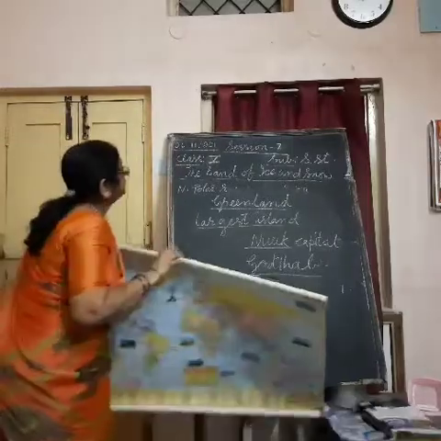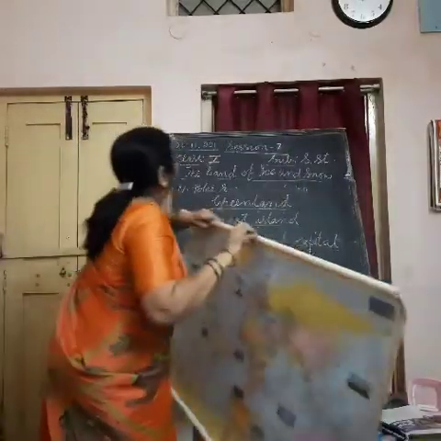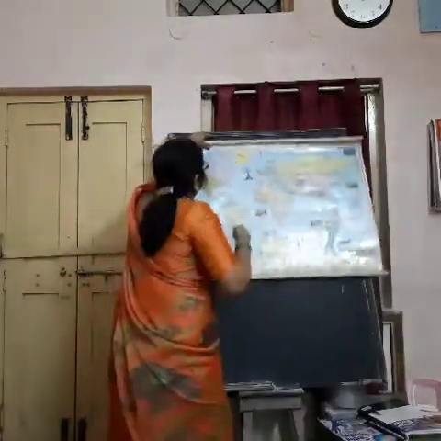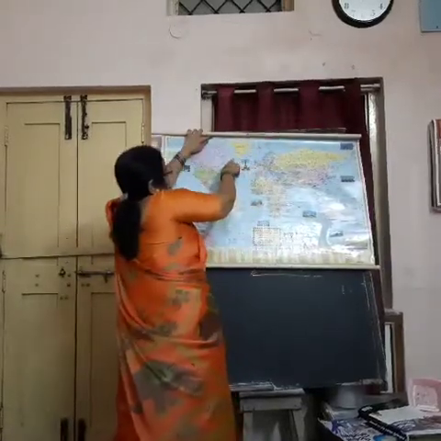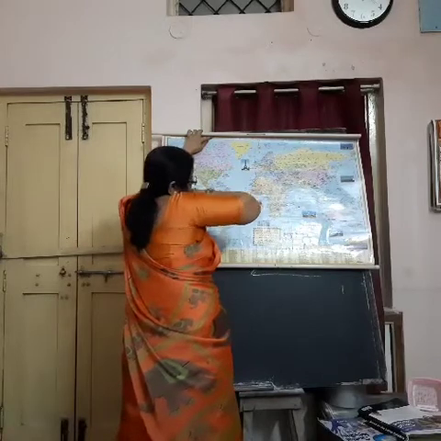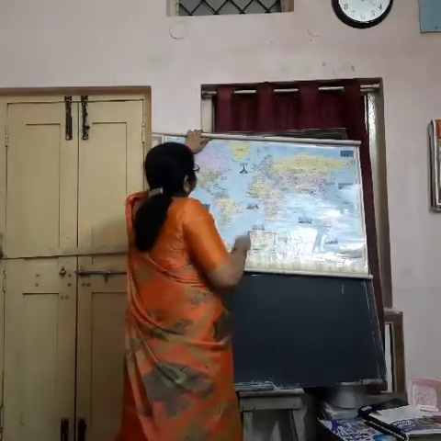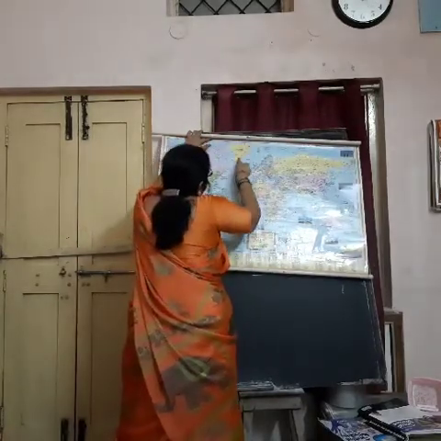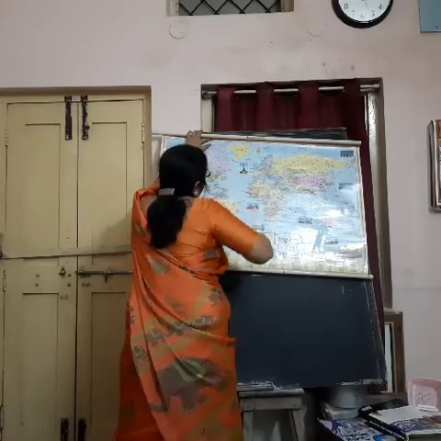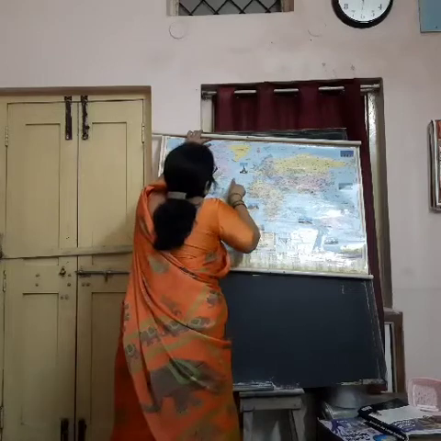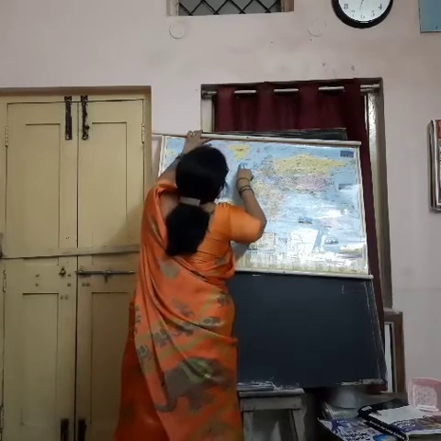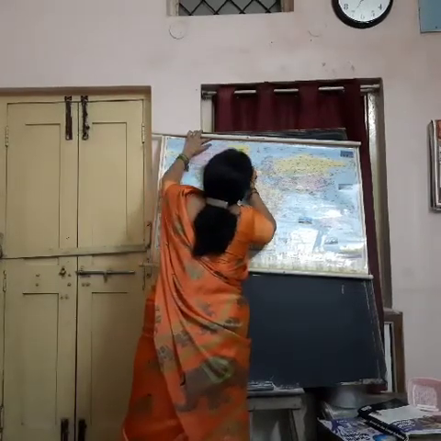See children, this is the world map. This yellow part is Greenland. Can you see? In the world political map in your atlas you can see this is the Greenland area. Understand? And it is surrounded by the North Atlantic Ocean here, and here